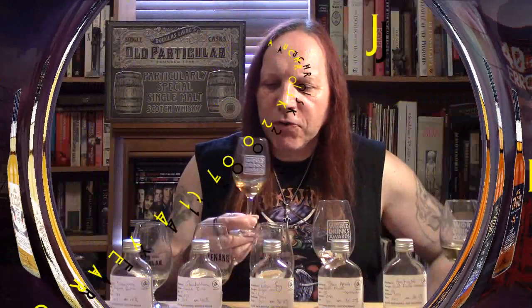Right, okay, so let's move on to the Auchroisk, or Krusk, I think is the exact pronunciation. Look at the colour. It's not a stonking sherry monster. It's not black. So anyway, let's see what the nose gives us. Pretty much like the Marsala finish. It's a bit raw,